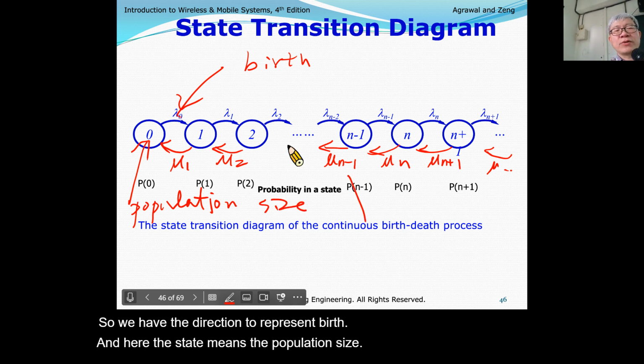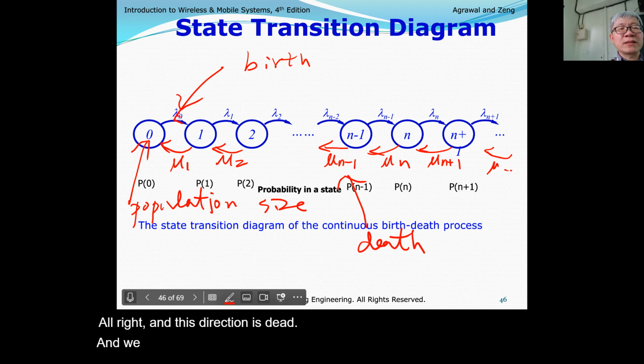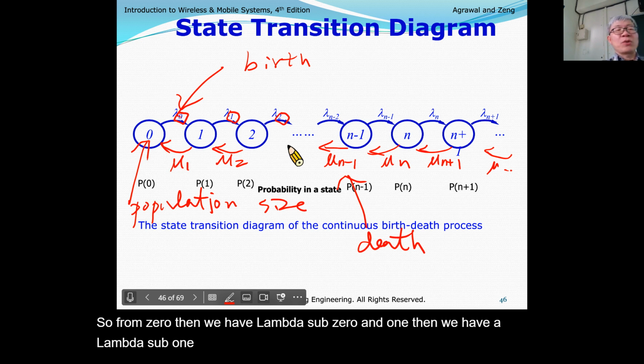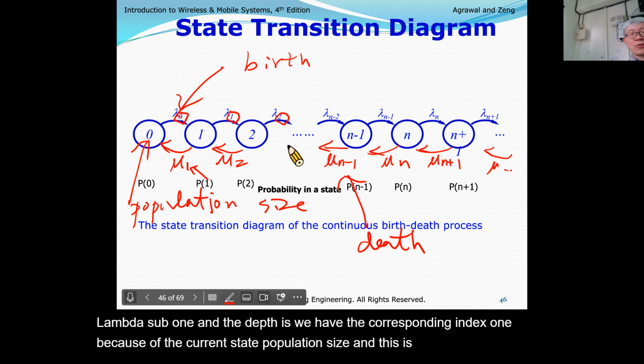All right, and this direction is death. And we have the corresponding state. So from 0, we have lambda sub 0, and from 1, we have lambda sub 1. And for the death, we have the corresponding index 1 because of the current state, the population size. And this is the state transition diagram